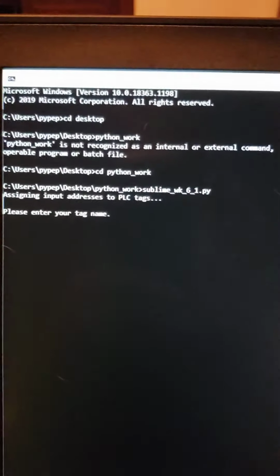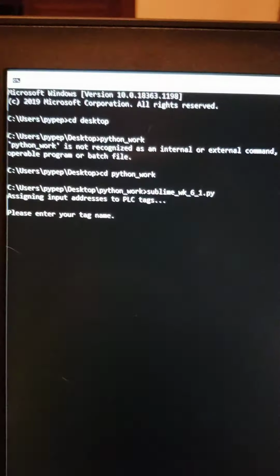So here we are over here. We located our Python program here, and as you can see, we have assign input address to PLC tags. Please enter your tag name. So we're going to enter in sensor 1. Typing with one hand here. We press enter, and as you can see, the address for sensor 1 is now I0.1,